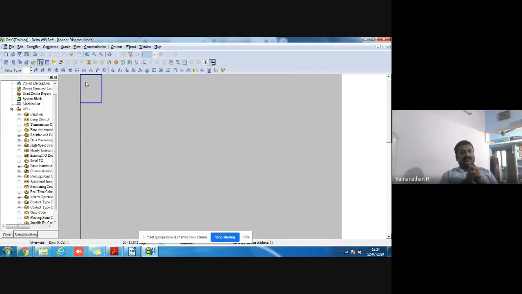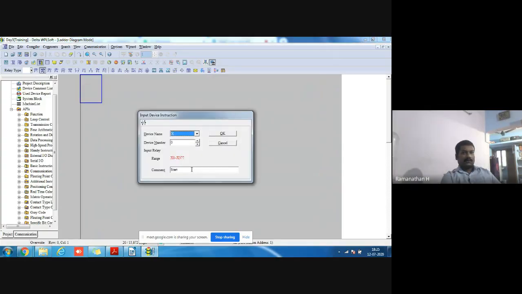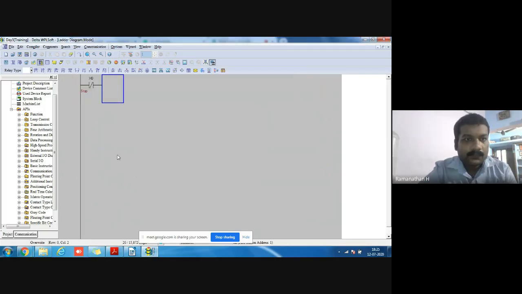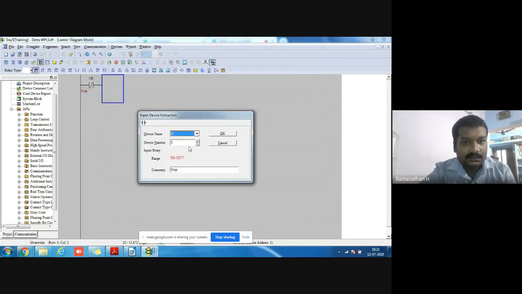The basic structure, basic control wiring. Yesterday we saw the overload relay, the start push button, then the start button to the forward or reverse coil. Same thing. I put a coil for stop. Stop is the NC.